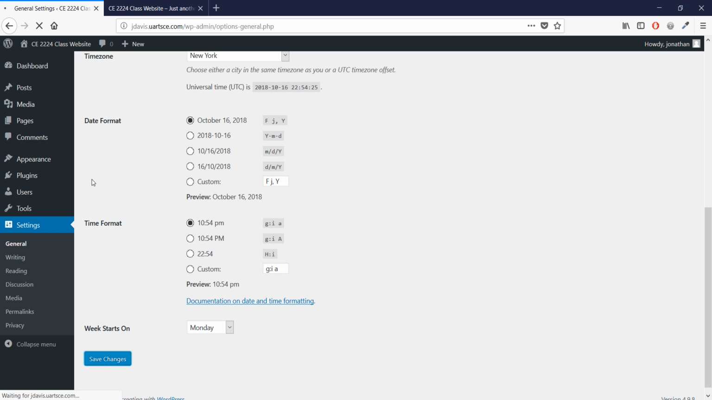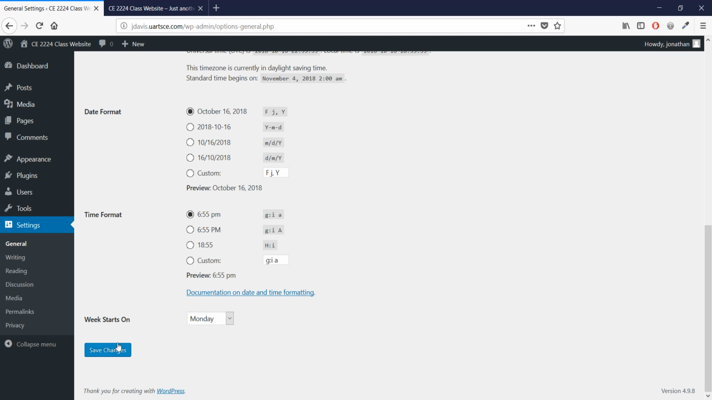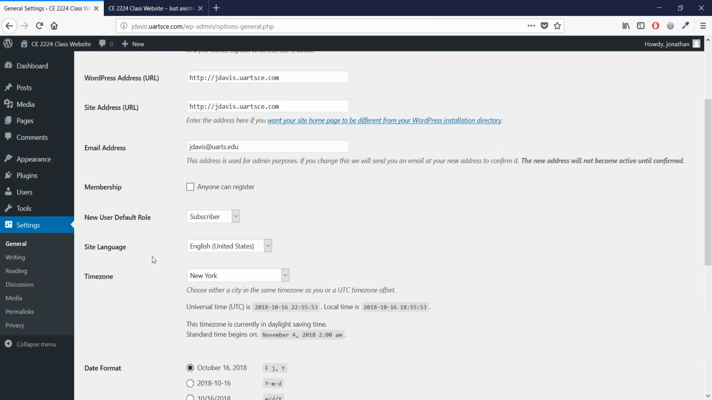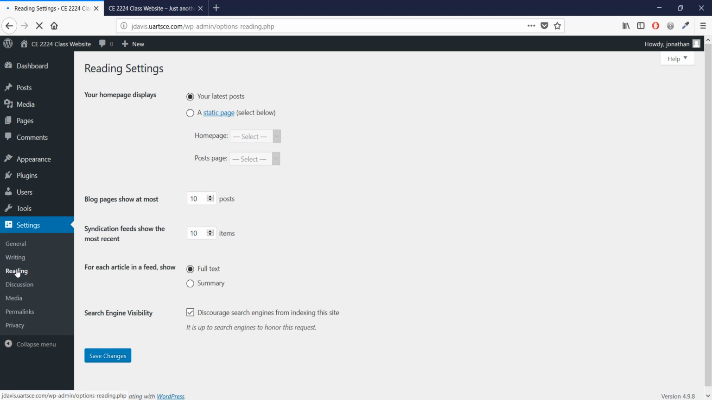So with any of these settings, as I make the changes, when I go to the bottom, I'm going to hit Save Changes. So that's under General. Under Writing, we can ignore this stuff for now. Okay, so under Reading,